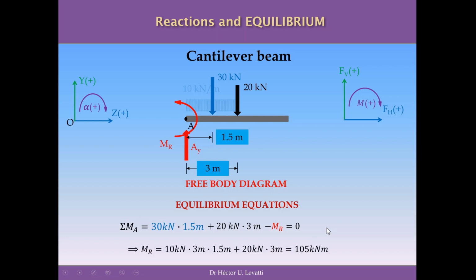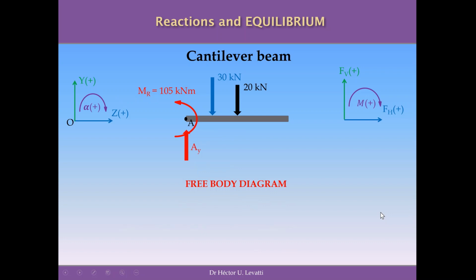Then rearranging, we find that the moment as a reaction at the point A in the fixed support is equal to 105 kilonewton meters. We replace by the value, and now we have this situation where the only unknown in our problem is the vertical reaction for this cantilever beam. We are going to use the summation of forces in the vertical direction in this case to evaluate the value of this